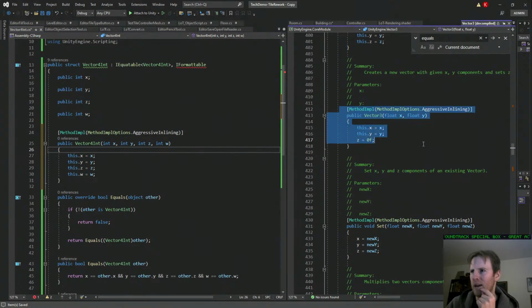This one is kind of weird to me. Why would I bother making a vector 3 with a vector 2 like this? But at the same time, I kind of like how it is in HLSL, where you can just do whatever the hell you want with a float 4, float 3, or float 2, or whatever. That's kind of nice, but